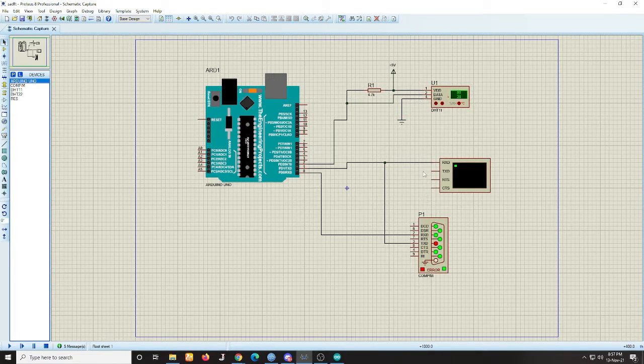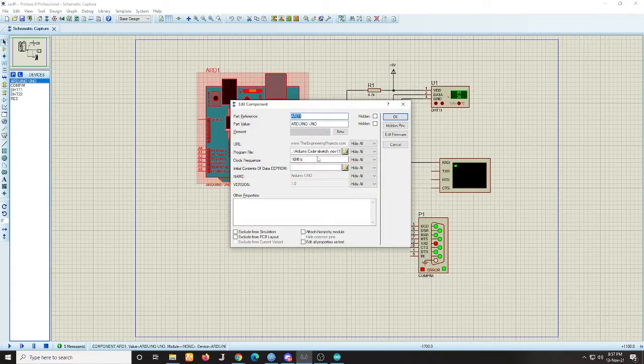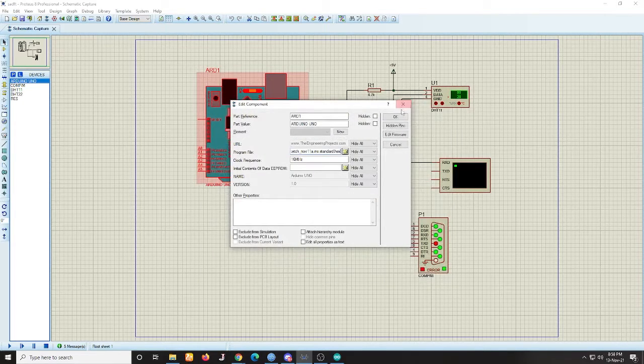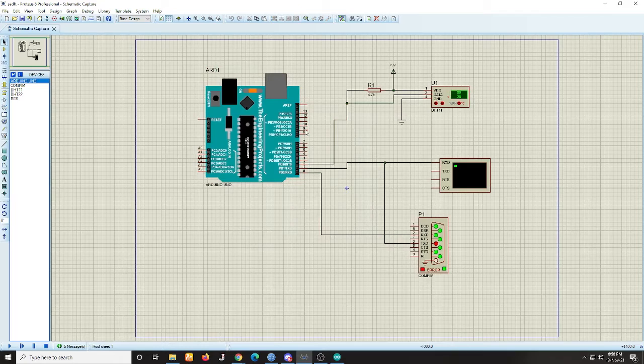In the virtual terminal part, the RXD is connected with the Arduino's TXD port, and the other port is also connected with the COM pin's TXD port, and COM pin's RXD is connected with the Arduino's RXD. In the Arduino, to upload the code, we went here and selected the standard hex file of our code, and uploaded the code here. So now I will give the floor to my fellow group mates to describe the LabVIEW parts.